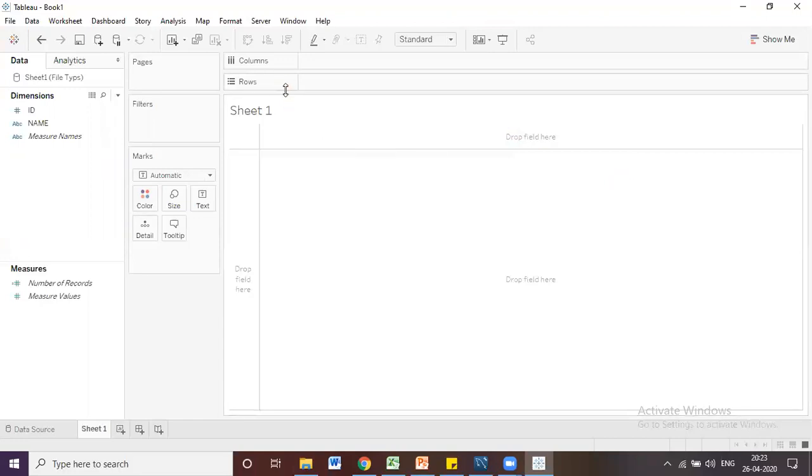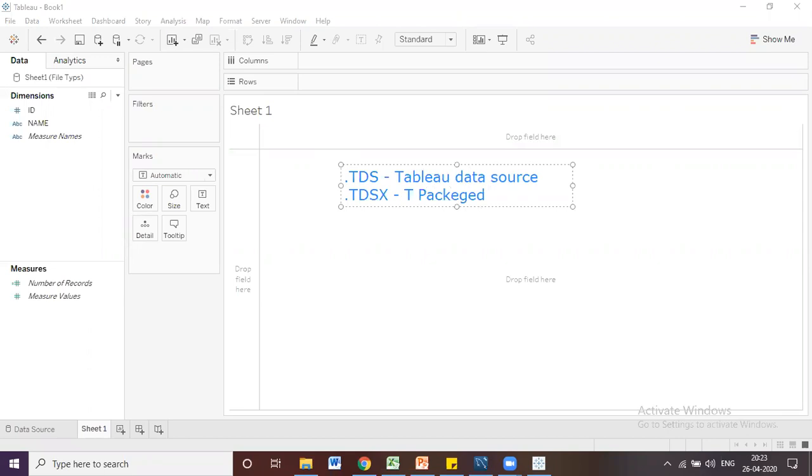We have different file types in Tableau. The first one is .tds, called Tableau data source. The second one is .tdsx, Tableau package data source. The third one is .tbm, which means Tableau bookmark.